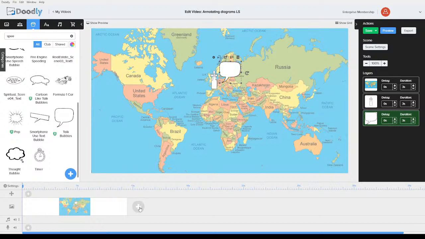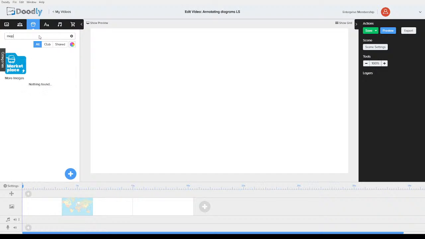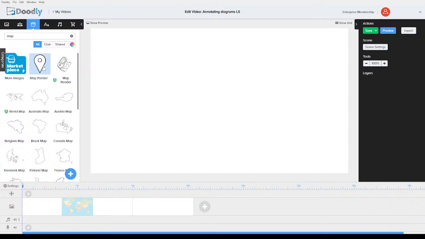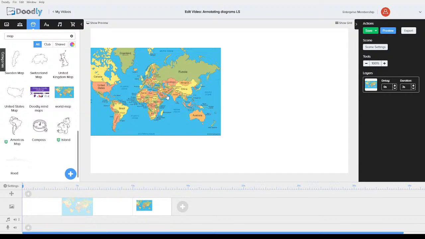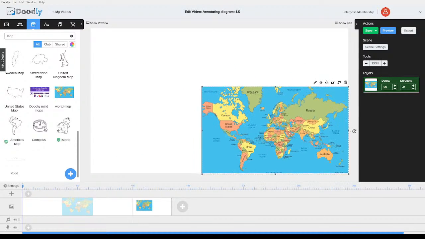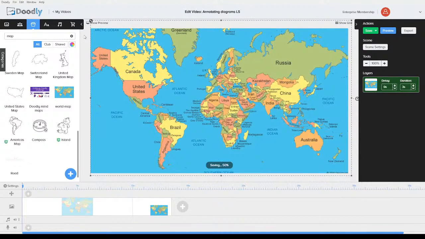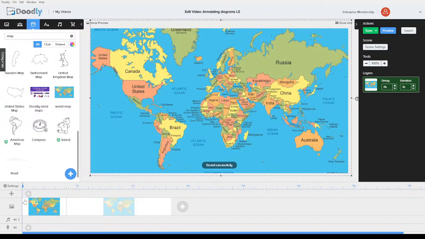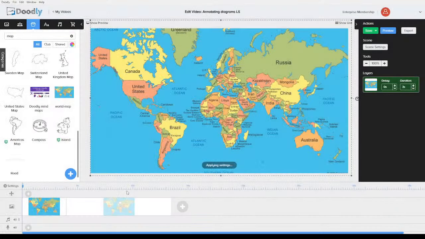You know what? I've changed my mind. I'm going to add a new image, new scene. I've got map pointers there. That's going to be quite good. Aha, right. So what I'm going to do, here we are. I'm going to put this right down here. I'm going to expand this out so it's big and worldly. And I'm going to move that to the front. And I'm going to go to settings, and I'm going to have my swipe right as my scene transition.